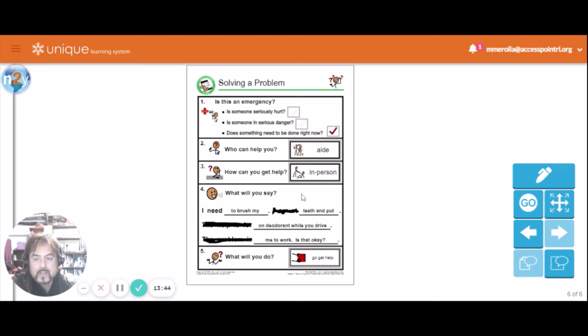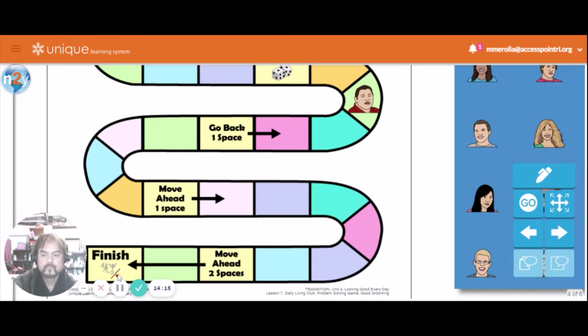You probably wouldn't be able to do this on public transportation, like the city bus, because people would be looking at you. You wouldn't want to do that. And if you were driving yourself, it's kind of hard to drive and brush your teeth and put deodorant on, so I wouldn't recommend that. So hopefully you have a driver and can do this while your driver drives. All right, let's go back to the game board. Okay, back at the game board, and I shall roll again.